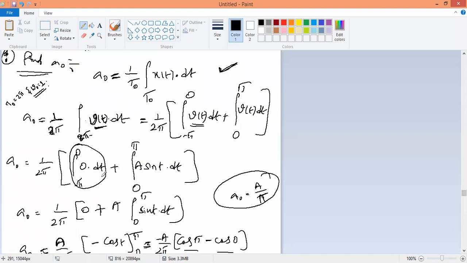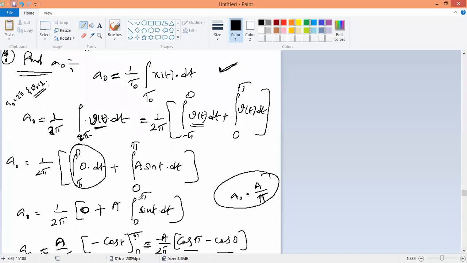The integral of 0 dt is 0, so we have 1 by 2 pi into 0 plus